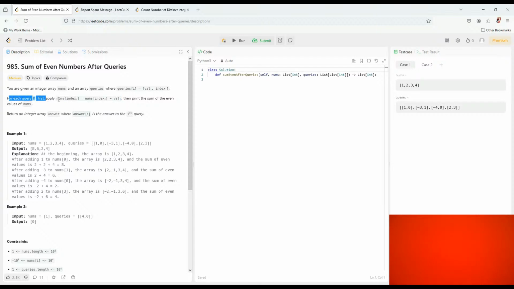For each query i, first apply the query, so for each query we have an index. Then print the sum of even values of nums. Return an integer array answer, where answer[i] is the answer to the i-th query. For example, we have nums 1, 2, 3, 4 and queries. So for the first we add 1 to index 0, right? Value, index. For index 0, we add 1, so it becomes